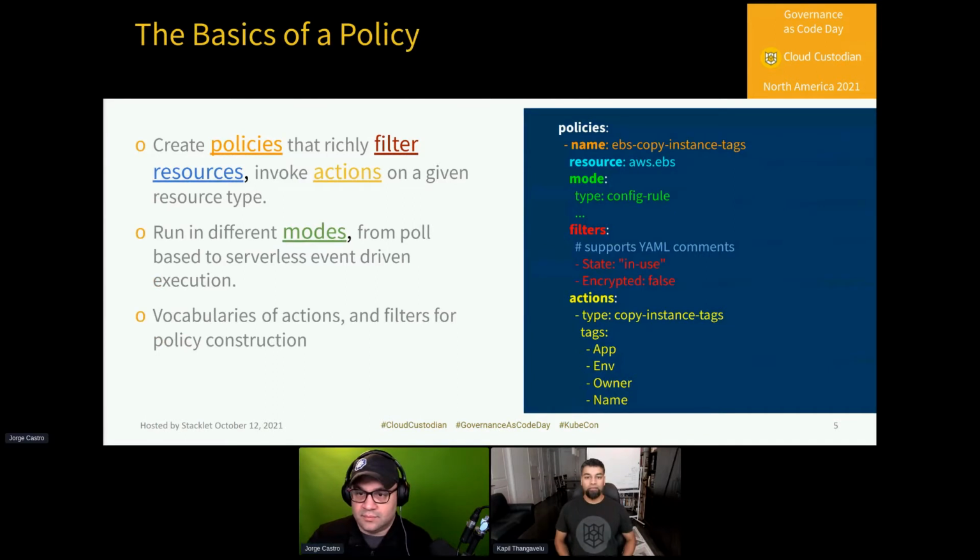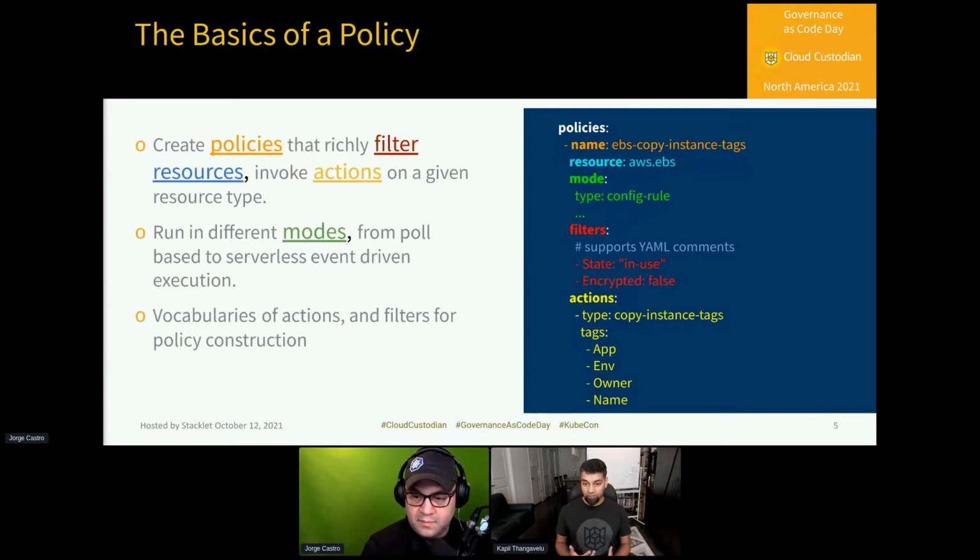So let's take a quick look at the anatomy of the policy. So a policy targets a particular resource type, in this case an AWS EBS volume. It has an execution mode. Now, Custodian has dozens of execution modes, and they're really one of two types. They're either a pull-based execution, where we go and query the resources, or they're event-based, in which case Custodian actually has integrated provisioning for the different cloud providers to provision a policy with that cloud provider serverless runtime, hook up the event sources to that policy such that it executes whenever an interesting event happens.